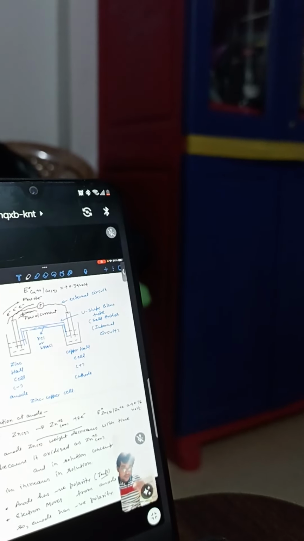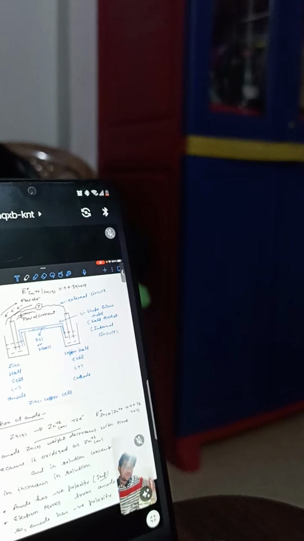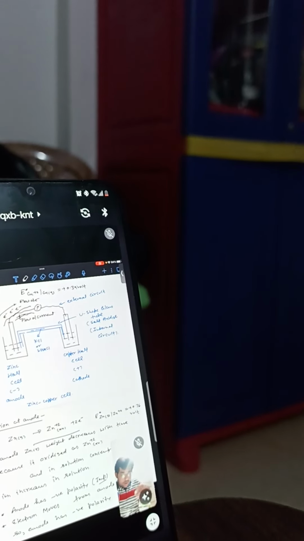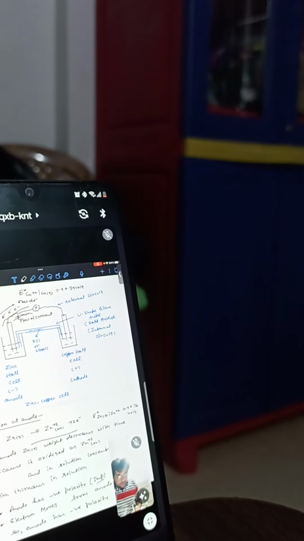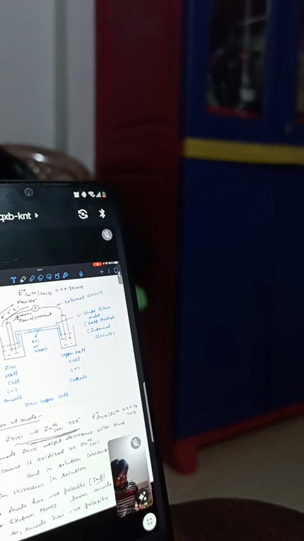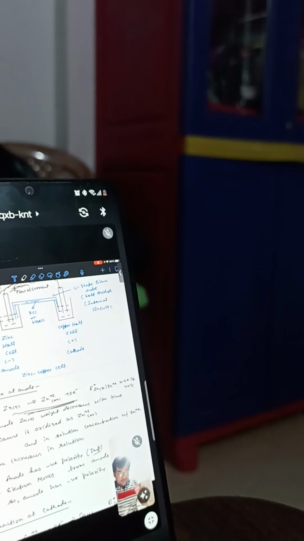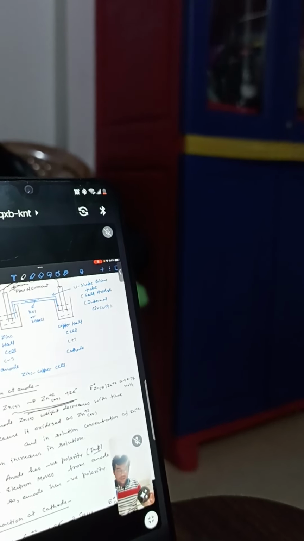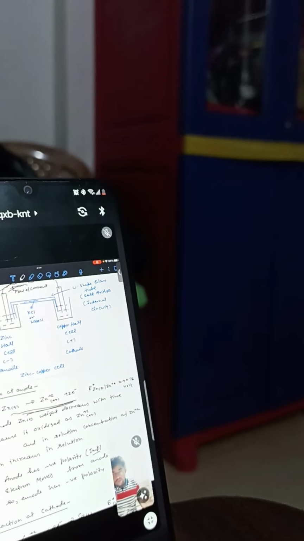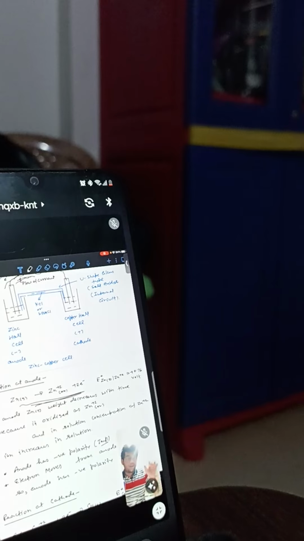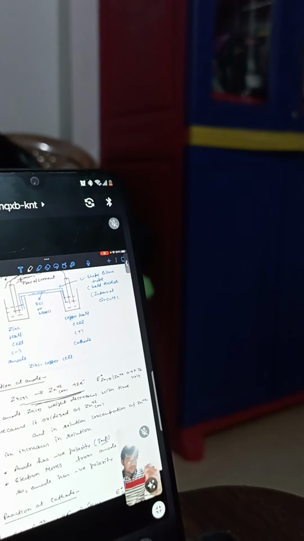So hence it has a tendency to do the oxidation reaction, to get oxidized. Here the zinc solid gets converted into the zinc ion and releases 2 electrons. So this is the oxidation reaction that is happening. The zinc solid is getting converted into the zinc ion. So with time the weight of the metal rod will decrease and the zinc ion concentration in this solution